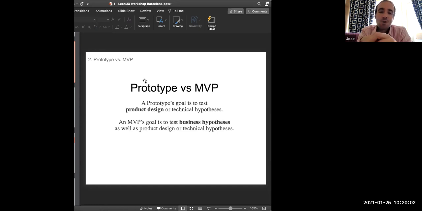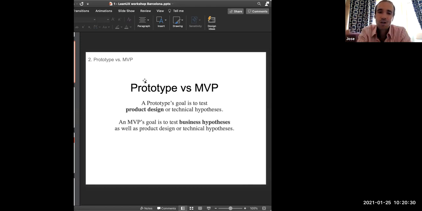The reason you do a prototype is to test the product design or the technical hypothesis. In the case of the ice cream, it would be like, will it melt or will it arrive frozen to the destination? So it's a technical hypothesis.